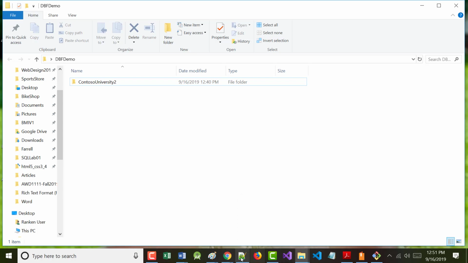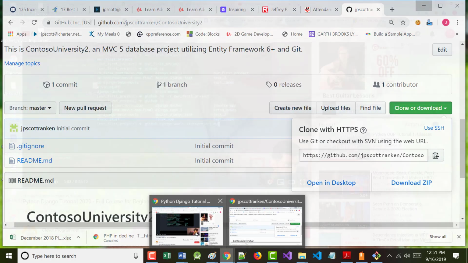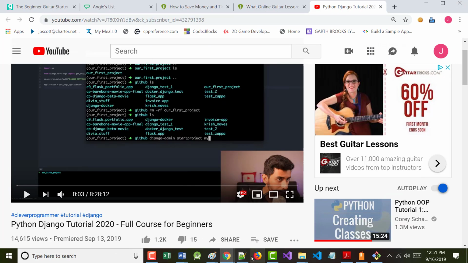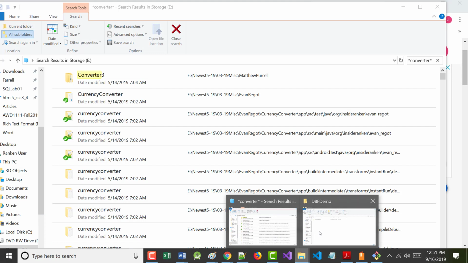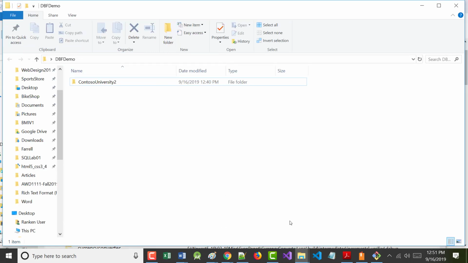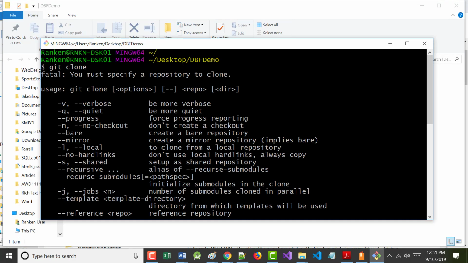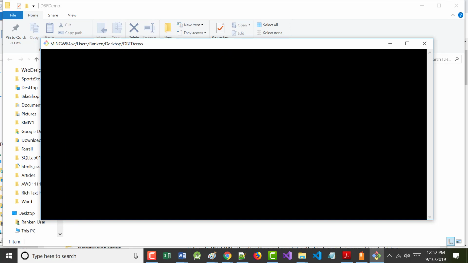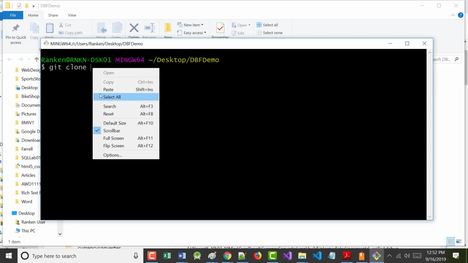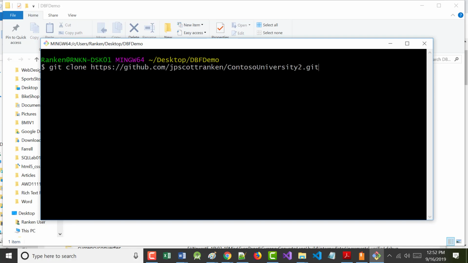If you ever get a bunch of garbagey looking stuff, for lack of better words, like, not that, and you're like, oh my gosh, I don't want any of that stuff there, you can just type clear. And it clears the screen. So git clone, hopefully I'll have a little better luck now. Right mouse click and choose paste. There we go.